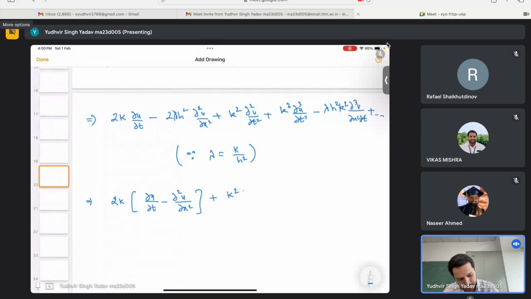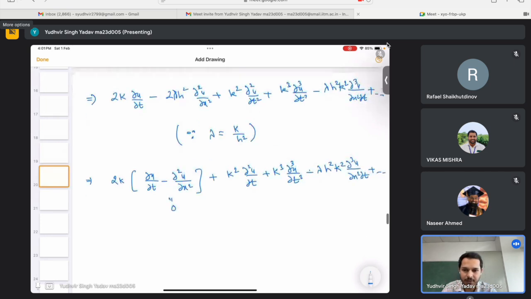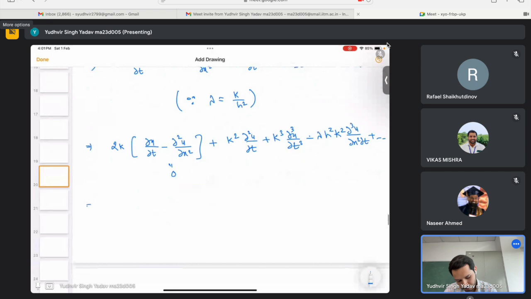And the rest of the terms are del 2u by del t square plus k cube del 3u by del t cube minus lambda h square k square del 3u by del x square del t, and so on. So this term will become 0 as it is simply the heat equation. Then we will be left with